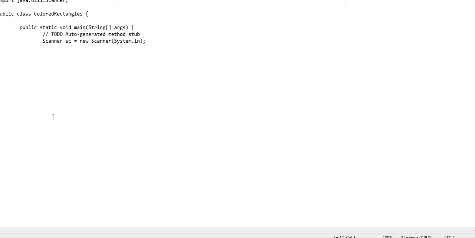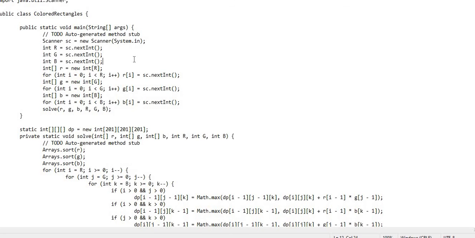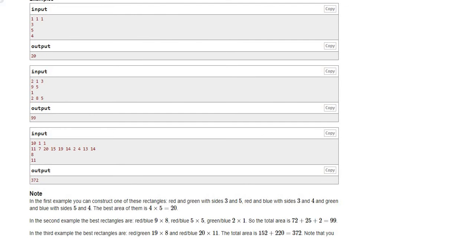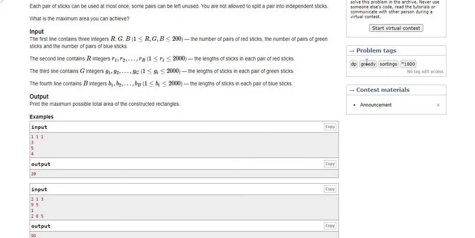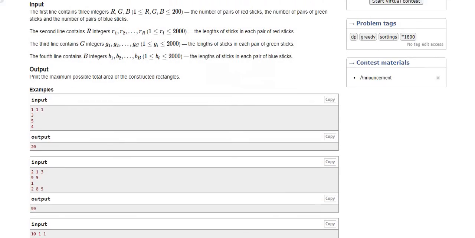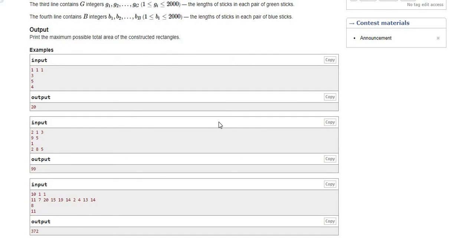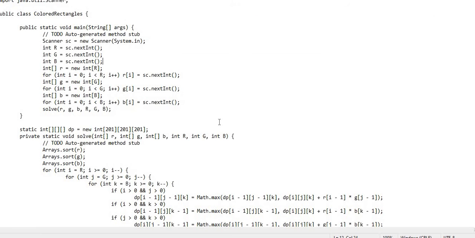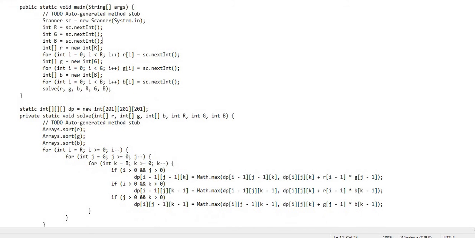When I first started to solve this problem, I checked the tags. It was mentioned in the tags that this problem can be solved with a greedy approach. So I tried the three pointers technique, that is i, j, k, and I was trying to iterate over some combinations, but it failed for test case number 7. It might be that I was doing something wrong with the greedy approach. So then I switched to dynamic programming, because it is a very standard dynamic programming problem.